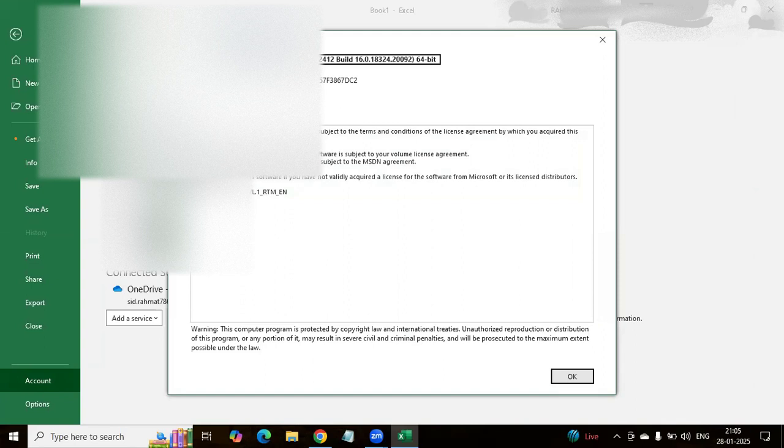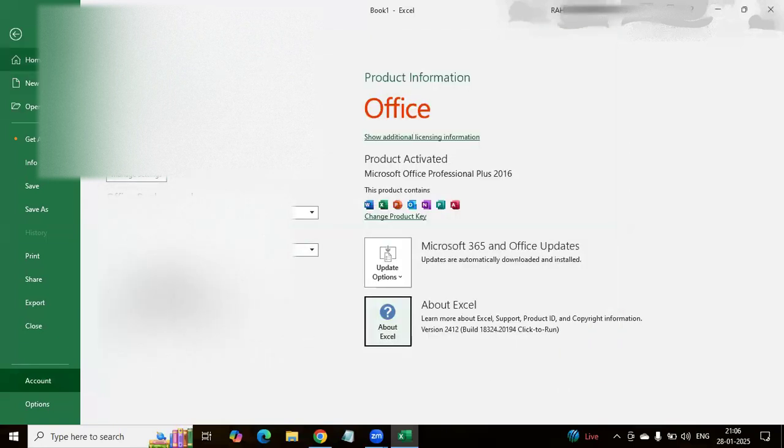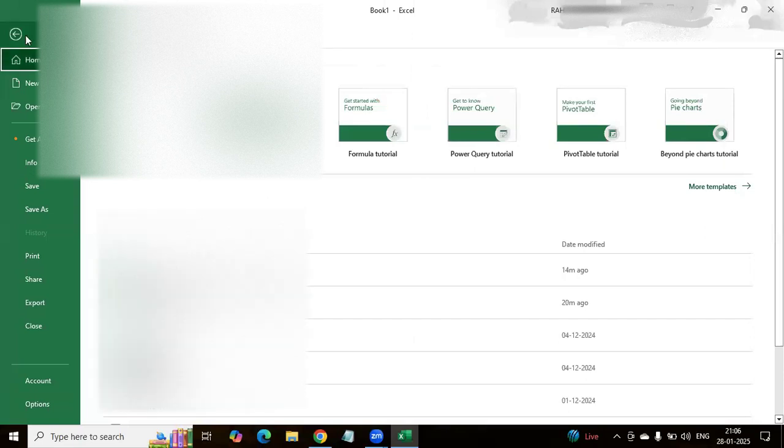Here I'm using the 2016 version. So I hope that if you practice Microsoft Excel with me, you are using Microsoft Excel 2016. Go back to the home page and the UI of Microsoft Excel looks like this,